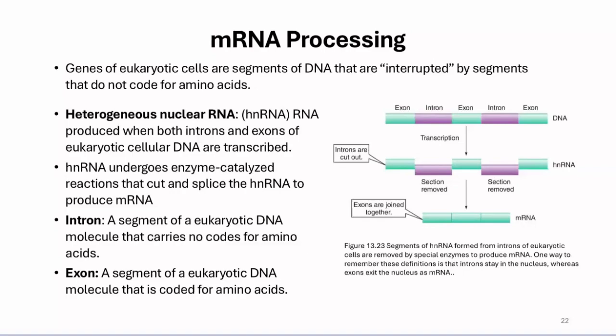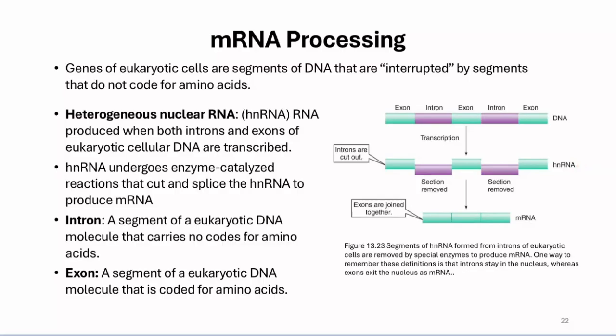As we can see in figure 13.23, if you have a DNA molecule that is undergoing transcription and you have exons, which are the segments of eukaryotic DNA molecules that code for amino acids, and introns, which are the segments that carry no codes for amino acids, are both transcribed, then the